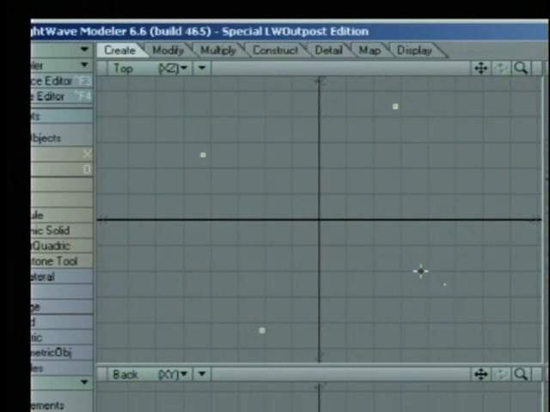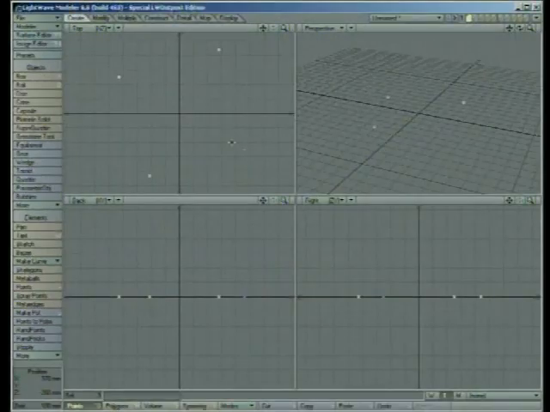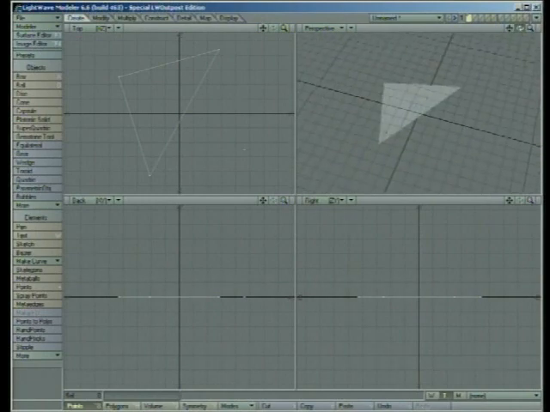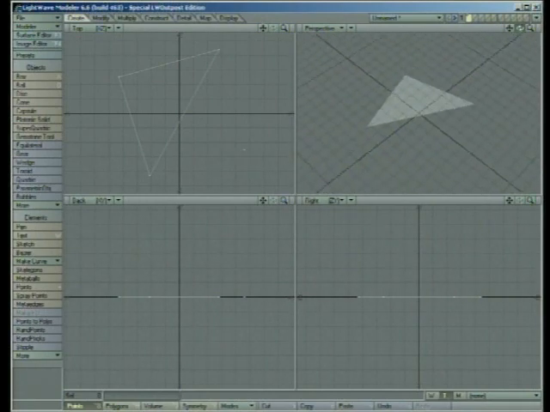I can create a polygon now, and to do that I'm going to use the shortcut for Make Poly, which is just the P key. So P, boom, we've got a polygon. Okay, so now you'll see we have lines that connect the 3 points, and that defines our polygon, and that polygon is now a renderable polygon. You can actually see it over here in the perspective view, this little triangle. If I rotate it around,